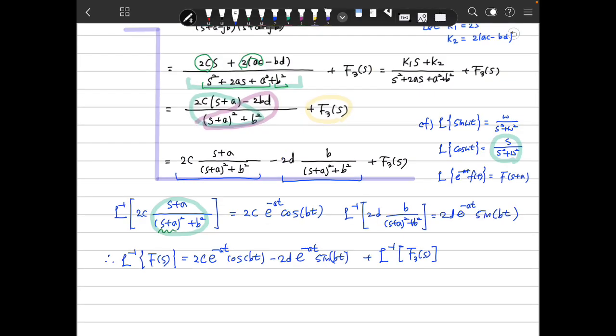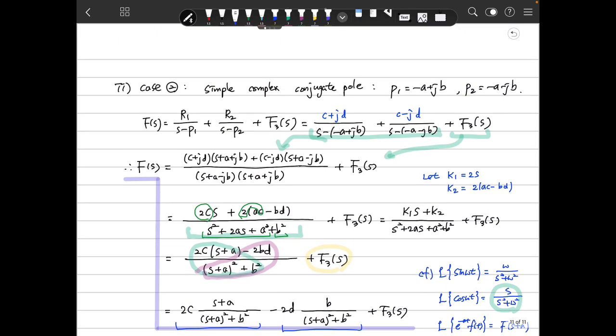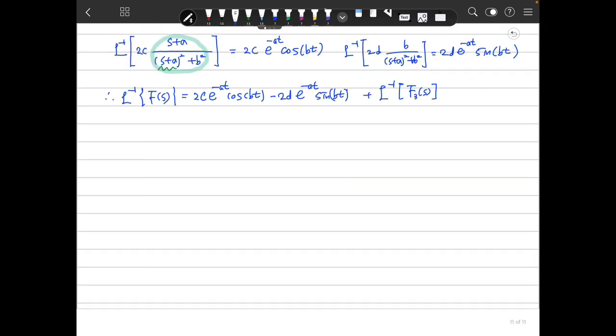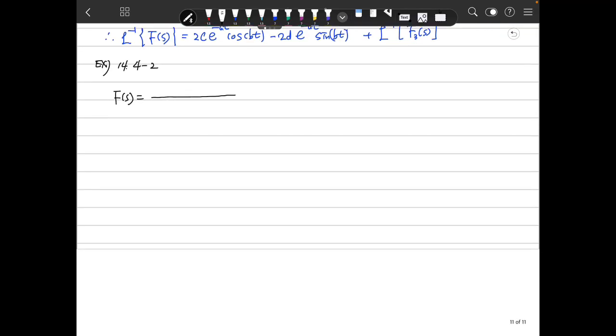So this is a way to inverse the Laplace in the case where the pole has a complex conjugate pole. So we have an example here. Example 14.4.2. F(s) is given as s squared